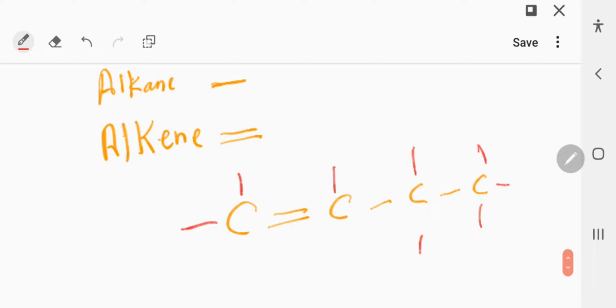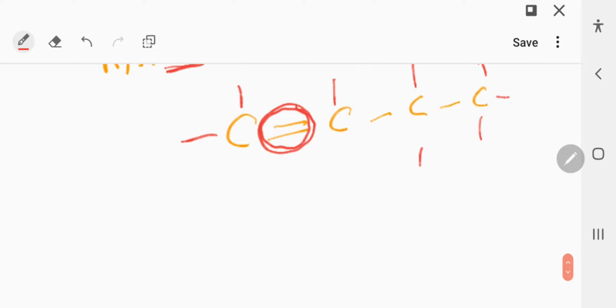Now, naming of alkenes is just the same as naming of alkanes. We're going to follow the same rules, but the longest chain we're going to choose here must contain the double bond. So we have to count the number of carbon atoms in the longest chain that contains the double bond. And we're going to replace ane with ene. So for example, if we have this compound,